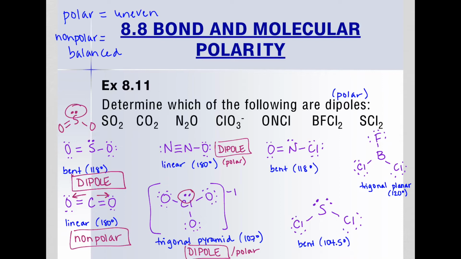And then our final few here. This one also has a lone pair of electrons there, making this a dipole. Again, we're only concerned with the central atom. Now, the reason I drew the structure this way for SCl2